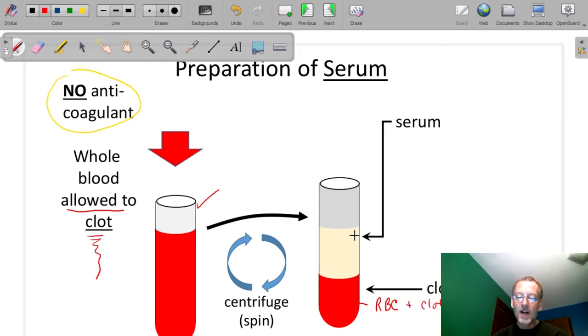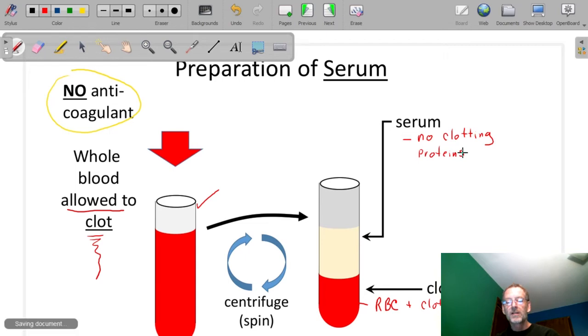And then you're left on the top with the upper phase, similar to plasma, but the difference between plasma and serum is that in serum there are no clotting proteins. They have been removed in the clot because you allowed the blood to clot before you spun it. So that's the main difference between serum and plasma. Next slide